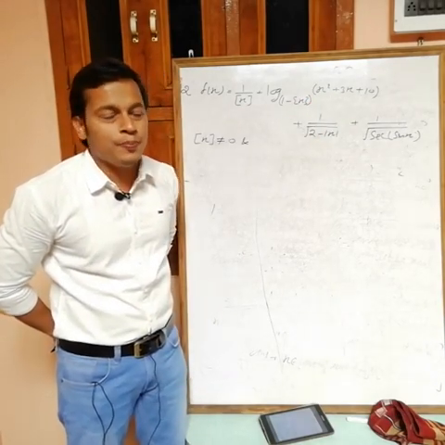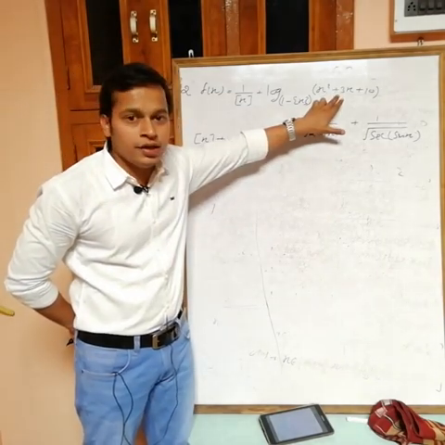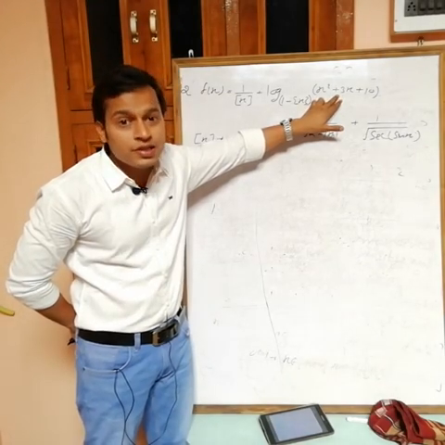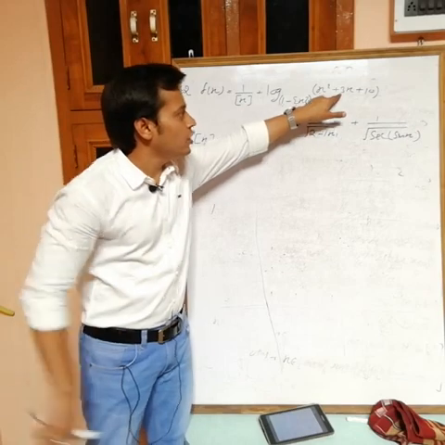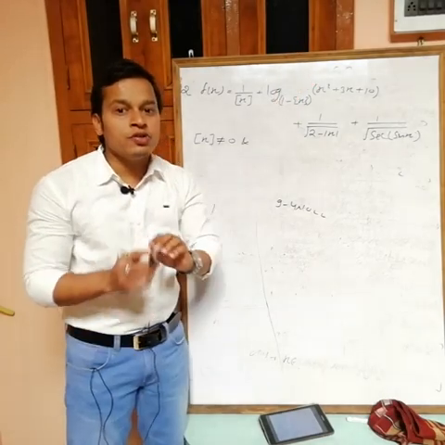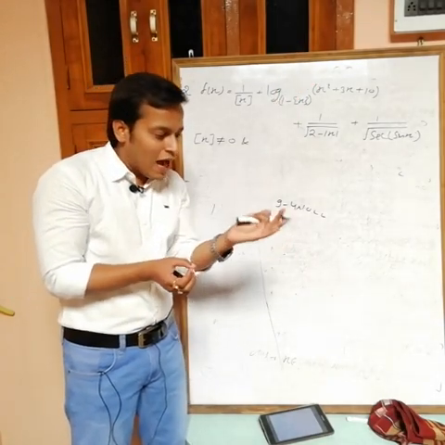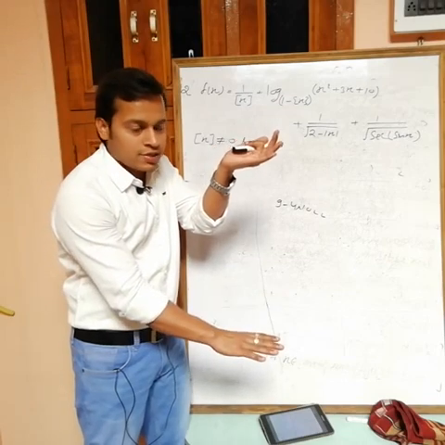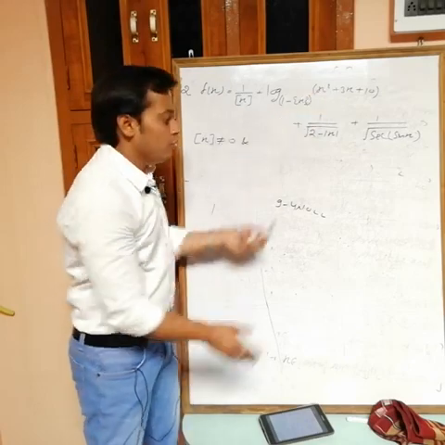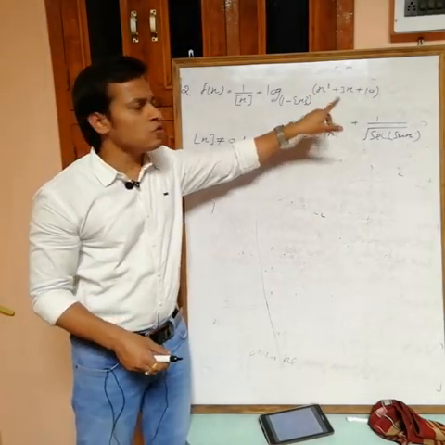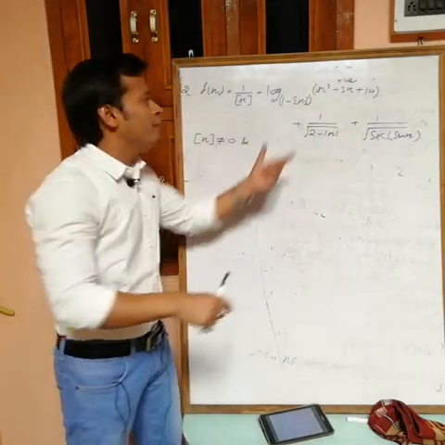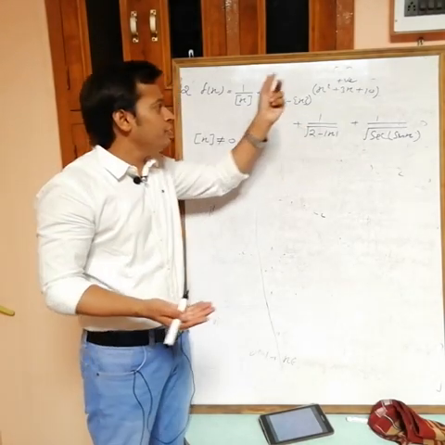But one minute. If you find the discriminant of this quadratic polynomial, you will get D less than 0: D equals b square minus 4ac, 9 minus 4 into 10, less than 0. If D is less than 0, then no root. No root means either above the x-axis or below the x-axis, either positive or negative. The coefficient of x square is plus, so positive. Or simply you can put any value of x, and you will always get a positive value. So there is no problem with respect to this one. Because this is always positive, the logarithm is defined.